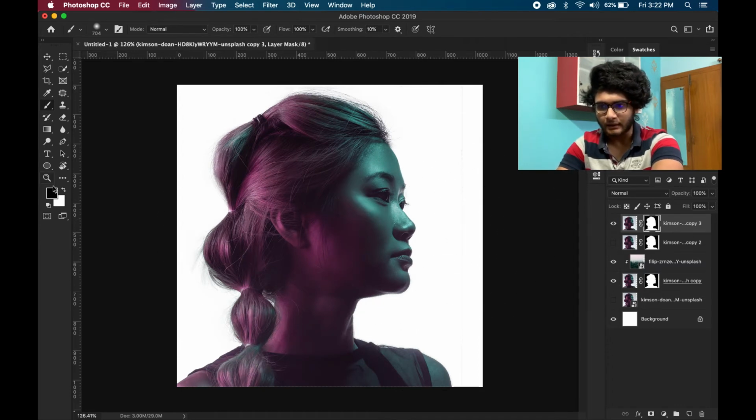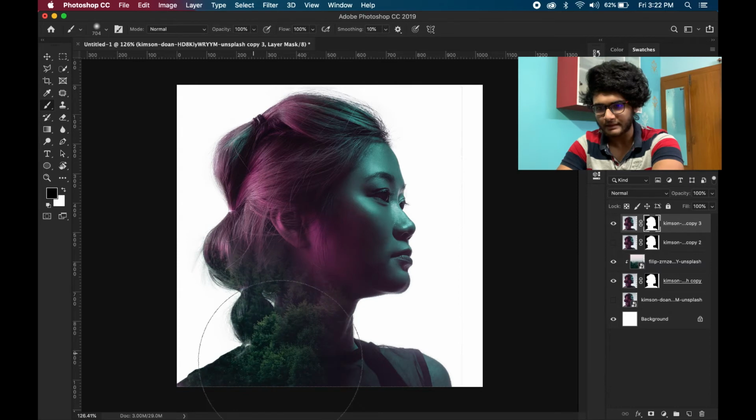So now take the foreground color as black and now simply paint over it. Keep the opacity at 100% and now let's paint over it. And you see what is happening? It's like magic. And now also let's reduce the opacity a little bit. Whenever you change the strokes from this position to this position, you keep decreasing the opacity. So now let's make it 80% and let's do the same thing.